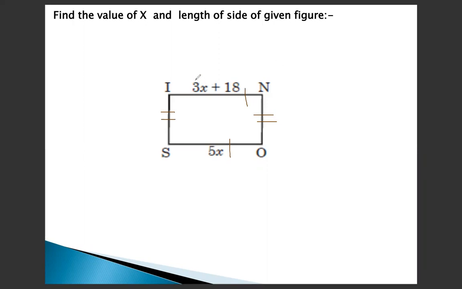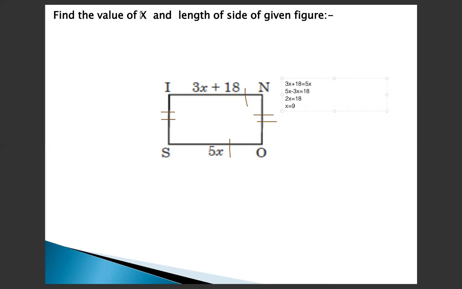That means we're going to use the property 3x plus 18 equals 5x. You need to know some portion of the linear equations here as well. So we can say 3x plus 18 is 5x because opposite sides are always equal. So 3x plus 18 equals 5x. So what we can do is we can take 5x and this will be transposed. This is plus, this will be minus. 5x minus 3x equals 18. Okay, moving on, this becomes 2x equals 18 and the value of x comes out to be 9.